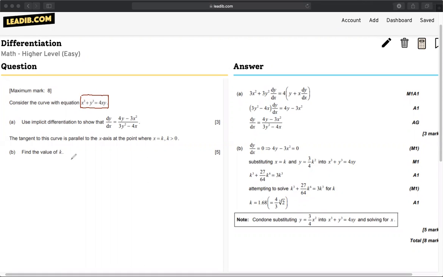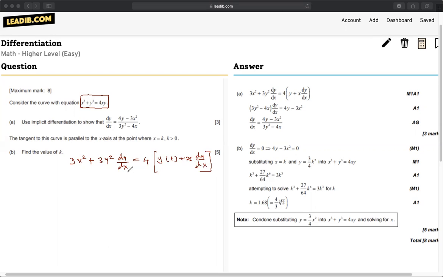If I differentiate x cube, that will become 3x square. Derivative of y cube will be 3y square, and when you're differentiating y, you will write dy by dx. This is by the chain rule. And on the right hand side, we will apply the product rule because it is a product of x and y. So we'll keep y as it is, derivative of x is 1. Then we'll keep x as it is, derivative of y is dy over dx. Now that's the first step.